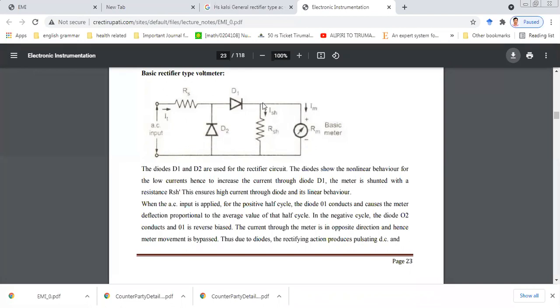Okay, so in the reverse half cycle, or negative half of the AC signal, this diode will be connected, and due to that the entire current will flow through this and reach in this manner. In this circuit only the current will pass. So the current does not flow in this direction. In such a situation, the meter does not read any value.